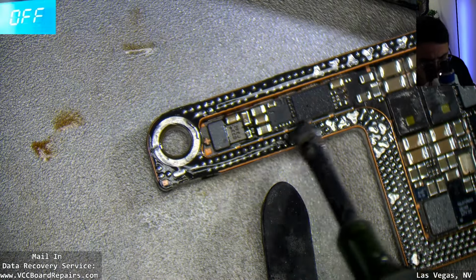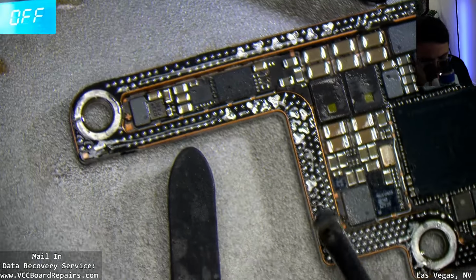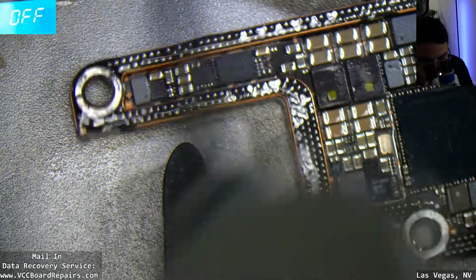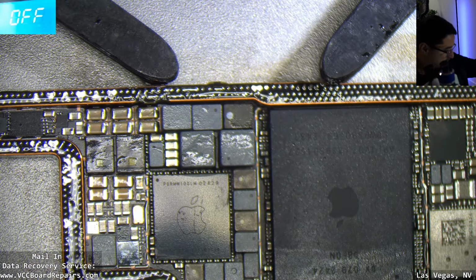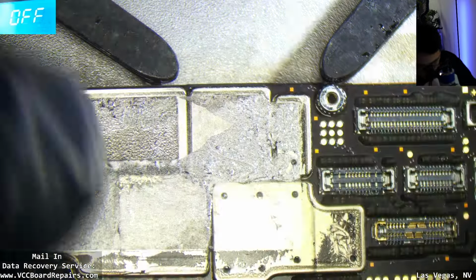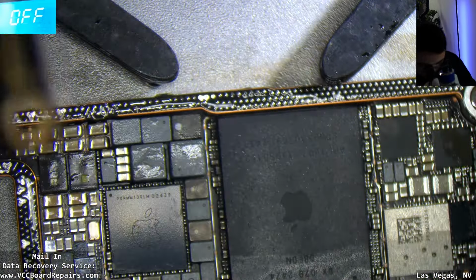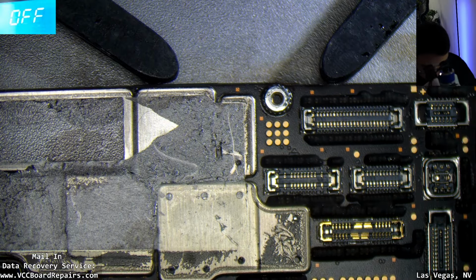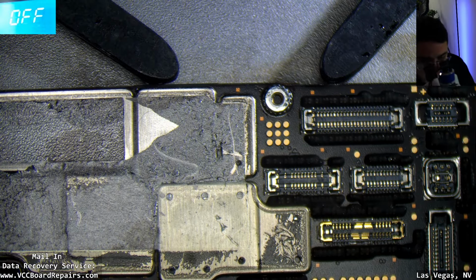Okay. And since we're not reballing, we just kind of ran our iron over it. We're gonna have to squeeze the sandwich together. So I have prepped all that. I'm gonna lay this top board, just eyeball it as far as the alignment. Whoops. Gotta get that out of the way. And then